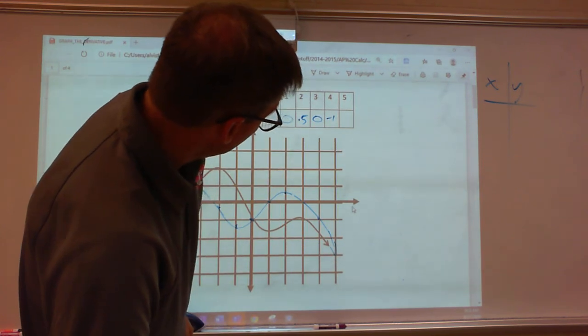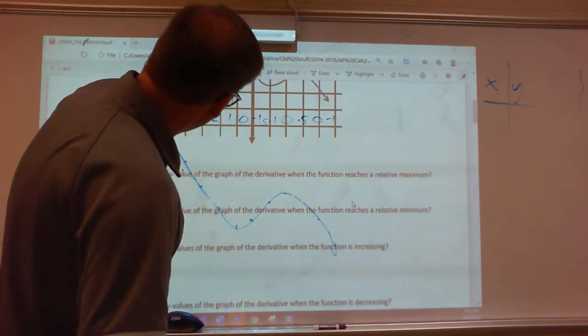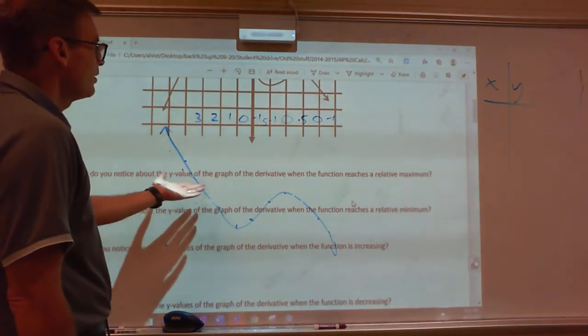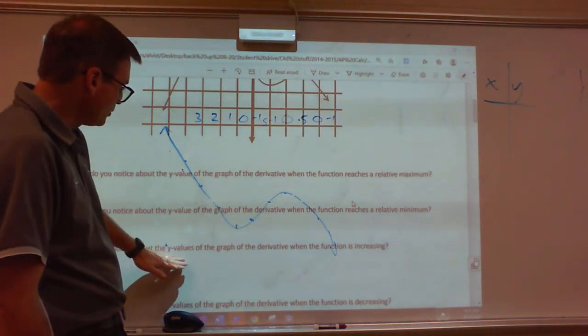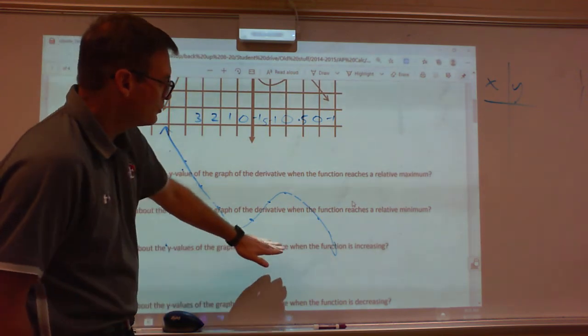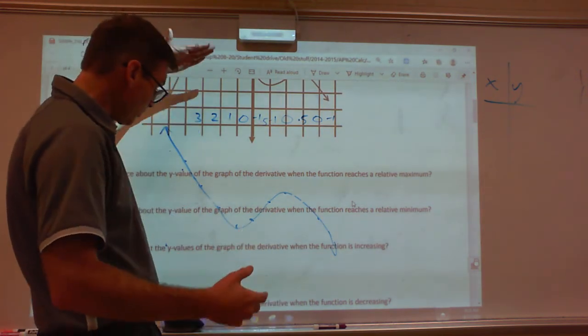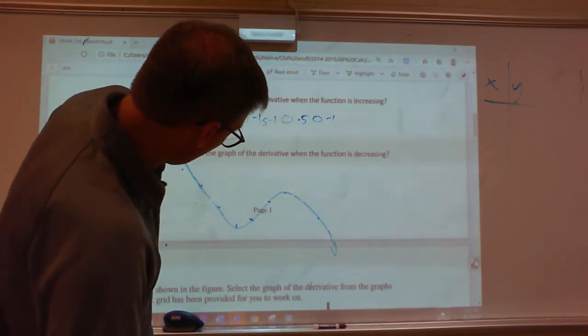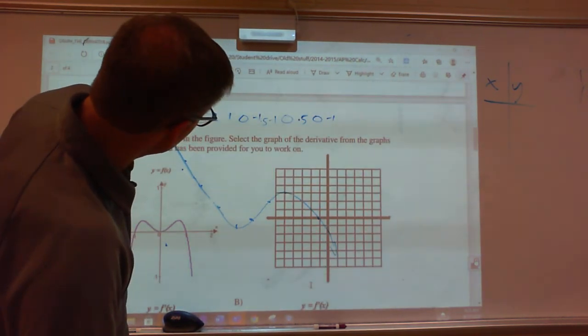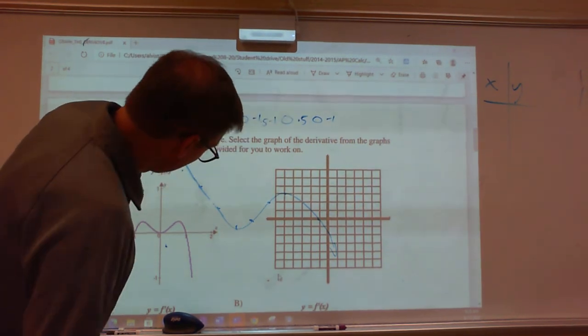All right. So, when the function reaches a relative max or min, it levels off. What do you notice about the y values of the graph? If the derivative is increasing, well, then the function's above. Then the derivative is above. All right. And so now,